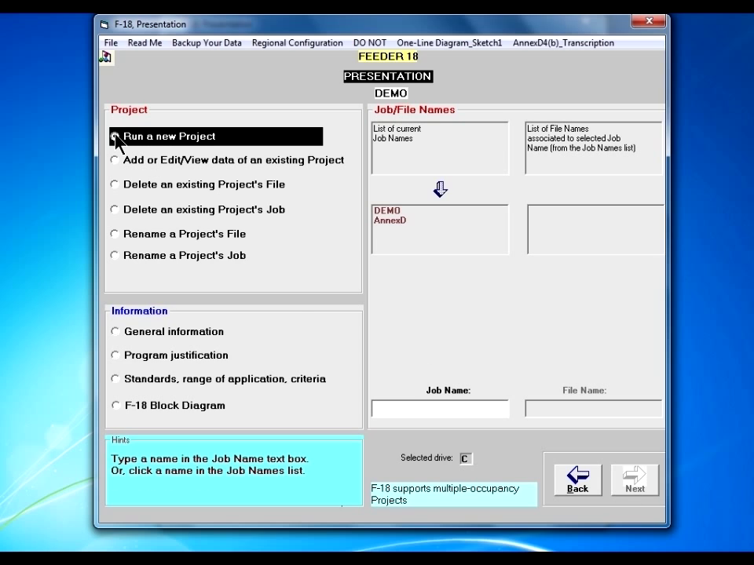examples of the NEC book. We are going to run example D4B, which is for a multifamily dwelling. Note: circuit lengths, conductor types and raceway types were assumed by F-18. The best way to enter correctly the corresponding data is to have ready a sketch of the one-line diagram of